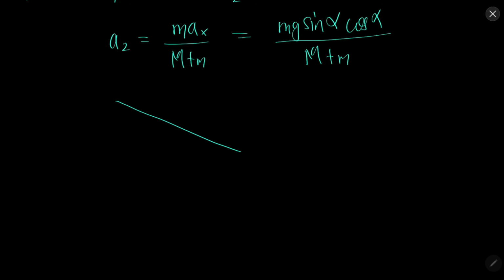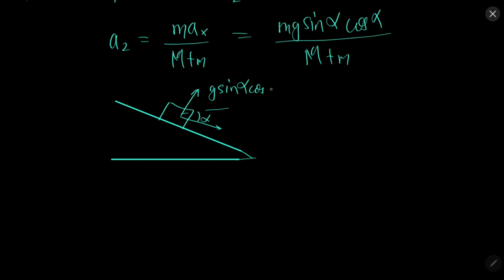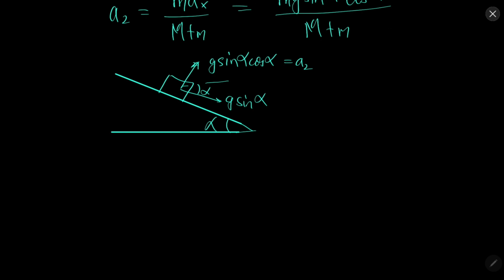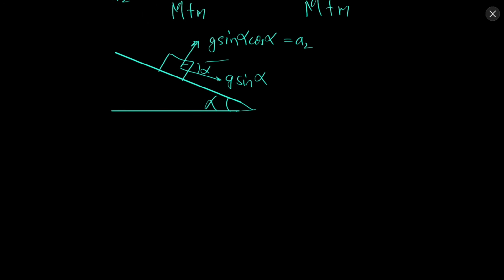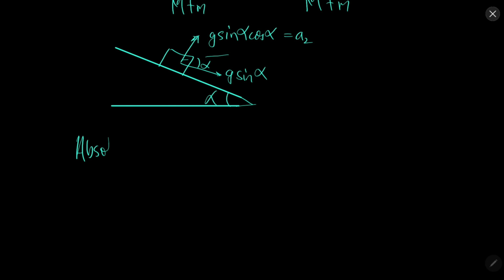Let me draw the free body diagram so that you can understand. So this is alpha, this is g sin alpha cos alpha. This is alpha and this is g sin alpha. So now, the absolute